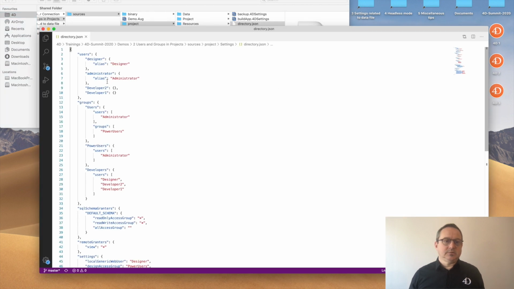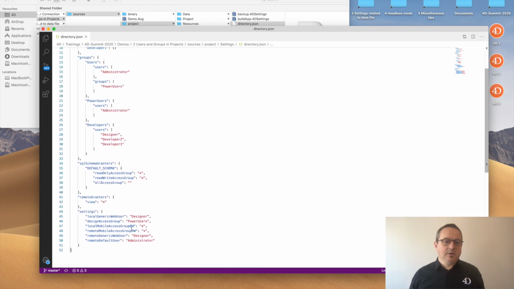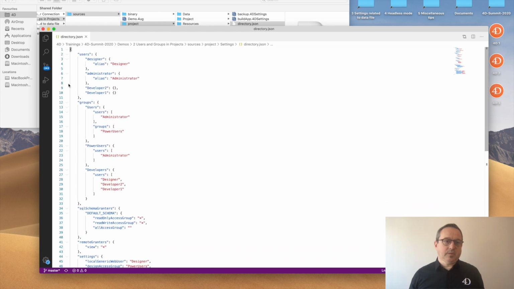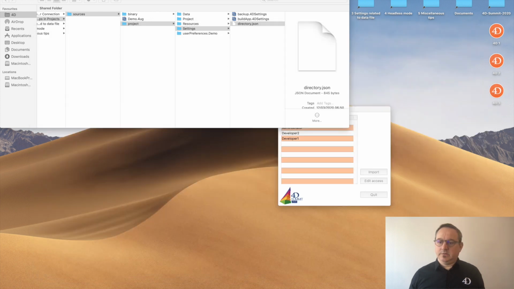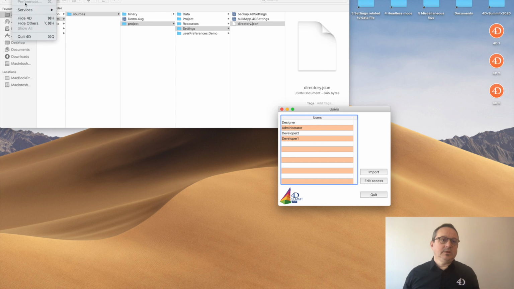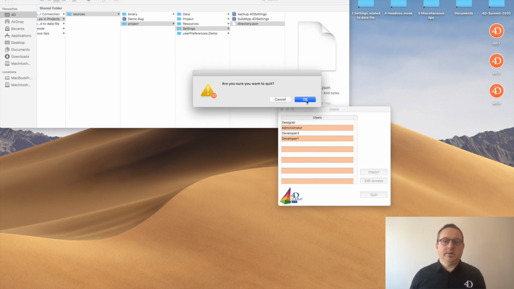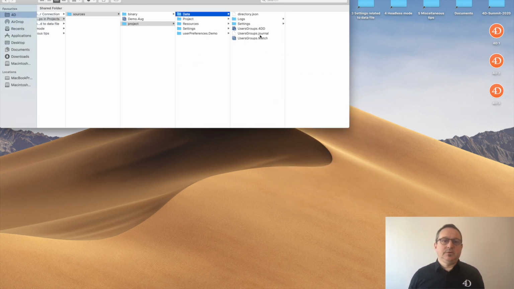It contains users, groups, users in groups, and some accesses and parameters. No need to check how it's made, but just remember that it is in this file. So what happens when I place the directory JSON file in the settings folder near the data file?